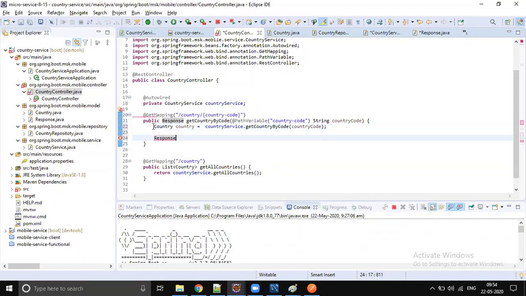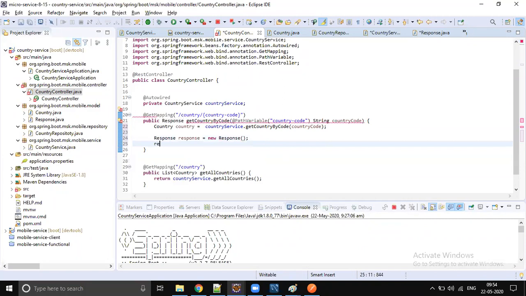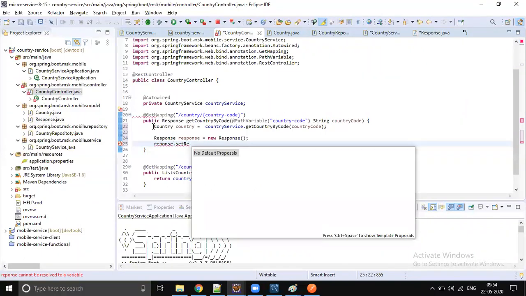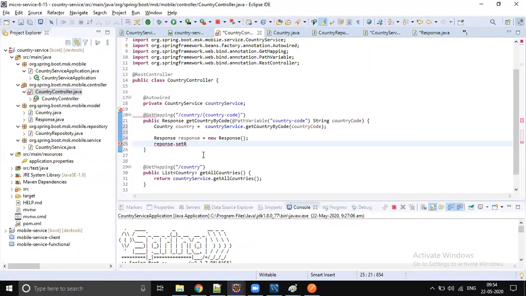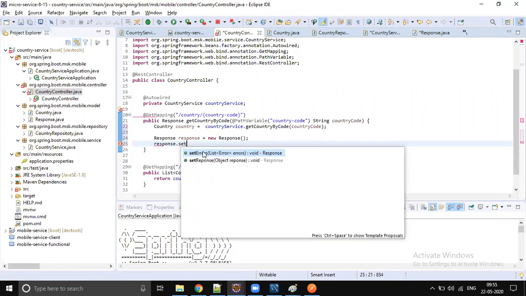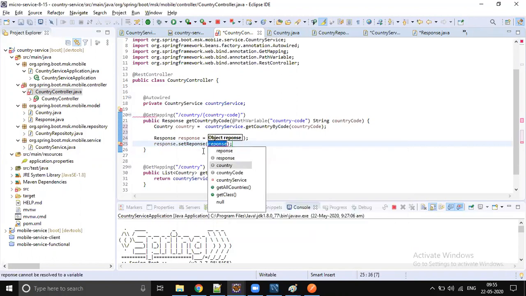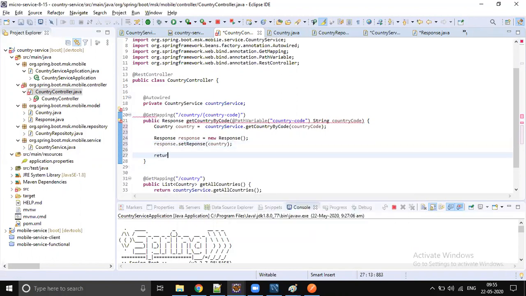Response equals new Response, and we call set response. Set the country in the response and return the response.